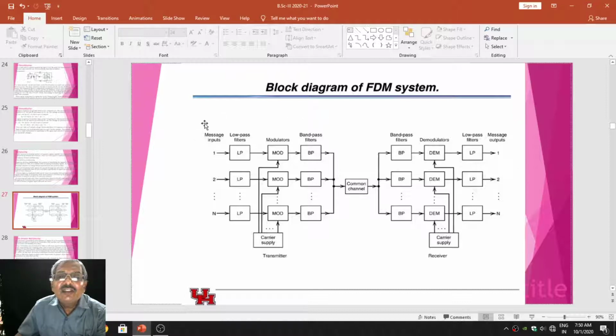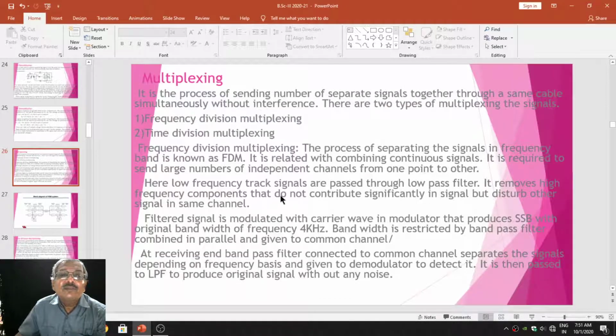And this process is going to follow continuously. As the channel is the same, all the signals are transmitted through the same frequency band and those are received in the same frequency band which is maintained for the respective transmitter and receiver purpose. And this process is going to be repeated for the number of messages to be communicated from the transmitting end towards the receiving end. So the same we have described here.